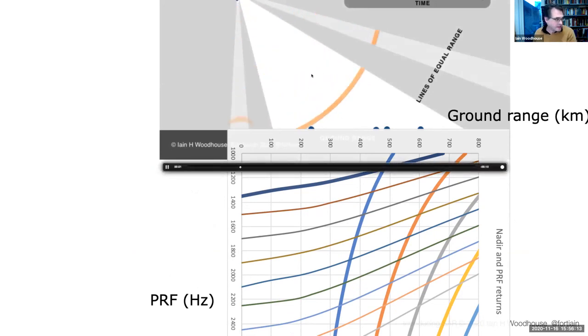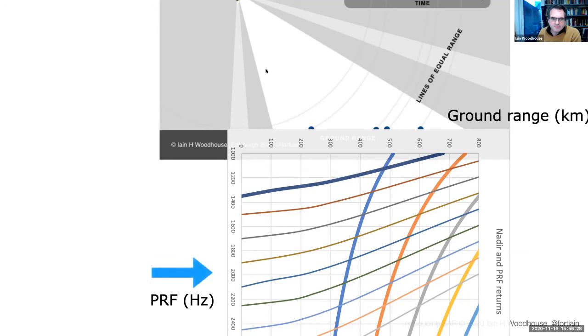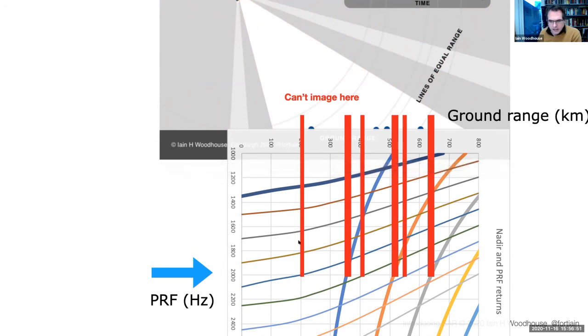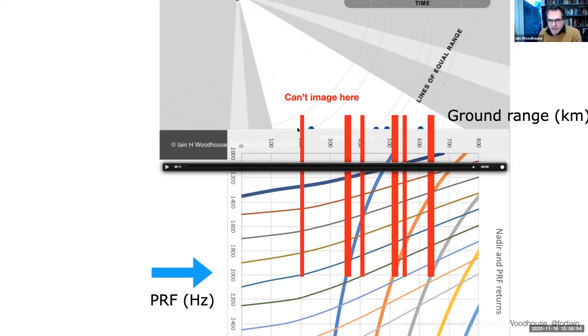As we send out these pulses, when these echoes come back, right? This animation has only got one pulse being sent out. You need to imagine that we've now got a PRF where we send out multiple pulses. If you send out multiple pulses, there are points that will come back across the swath that correspond to points where we've got echoes coming back from nadir. There are also points across the swath that correspond to when we're transmitting a signal. So if we choose about, let's say, 2000 hertz here, these red marks that I've made across the swath,